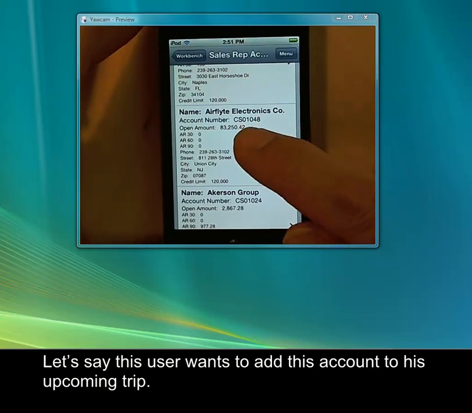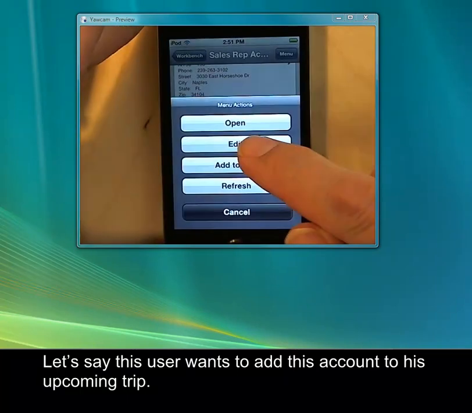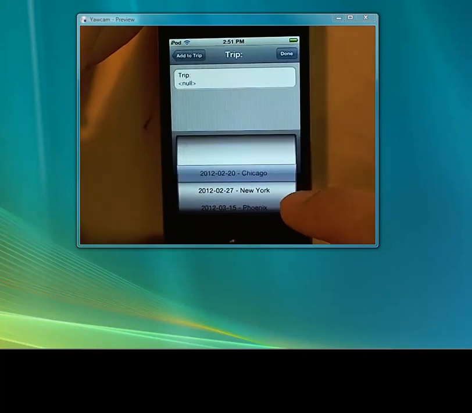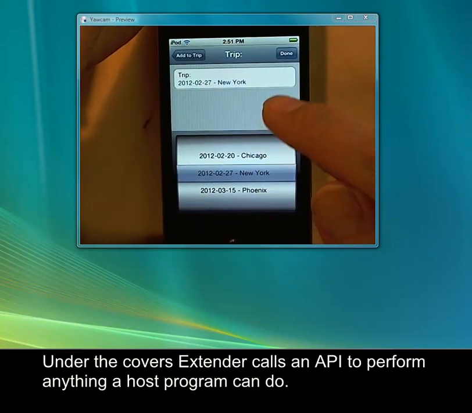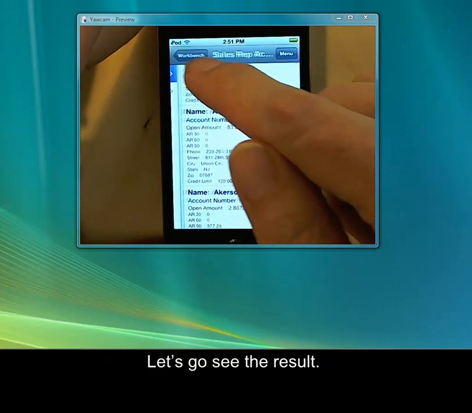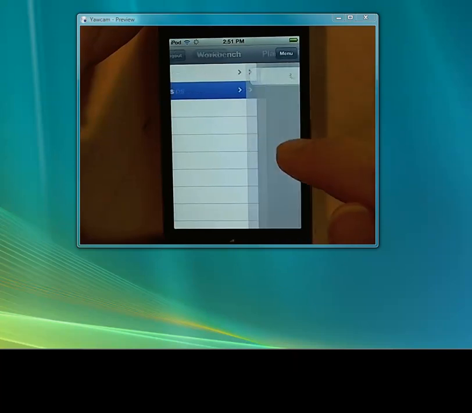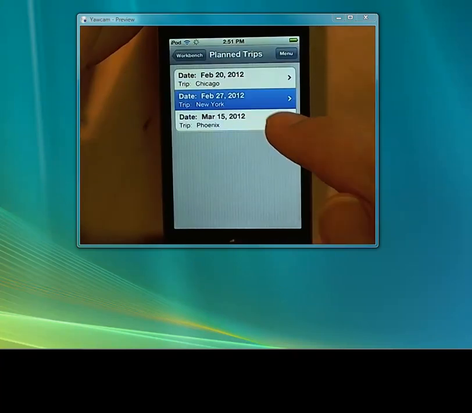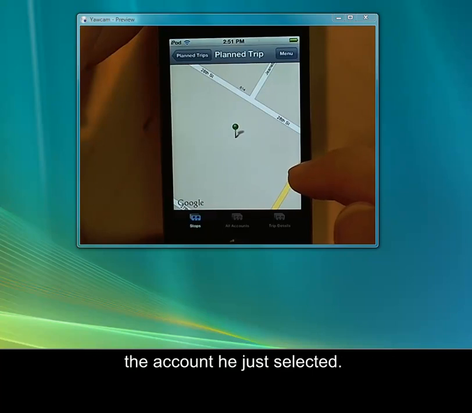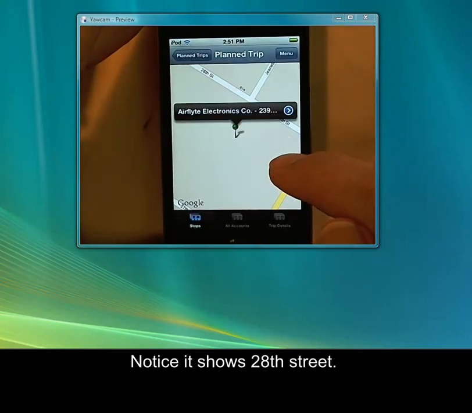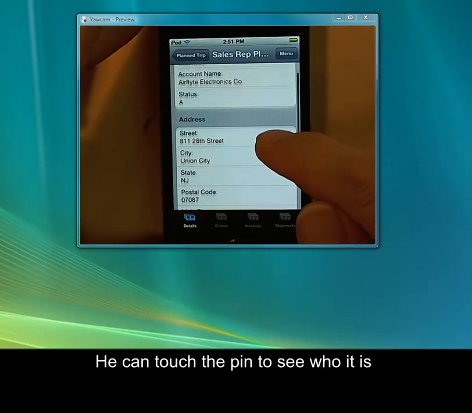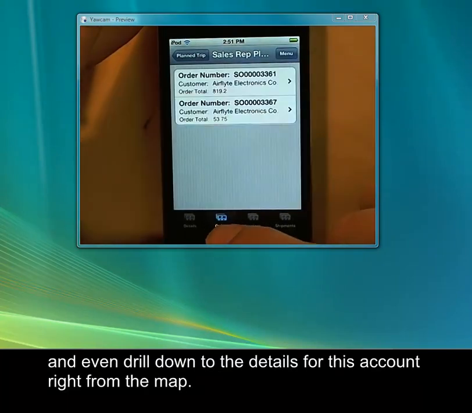Let's say this user wants to add this account to his upcoming trip. From his point of view, he simply selects the menu option. Under the covers, Extender calls an API to perform anything a host program can do. Let's go see the result. Here he sees a map showing one location, the account he just selected. Notice it shows 28th Street. He can touch the pin to see who it is, and even drill down to the details for this account